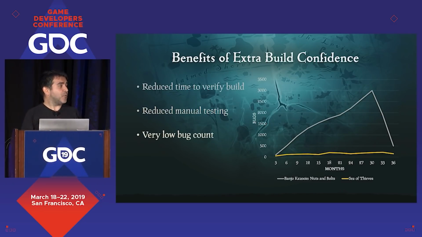The third benefit we had was keeping our bug count very low. On Sea of Thieves, our max bug count over production was about 214, whereas on Banjo-Kazooie Nuts and Bolts, quite an older project, but still a good comparison, we went to about 3,000. You can see from the bug trend graph how different they were. On Sea of Thieves, because of all the automated testing we had, a lot of issues didn't make it as far as bugs because they were caught by automated testing earlier on